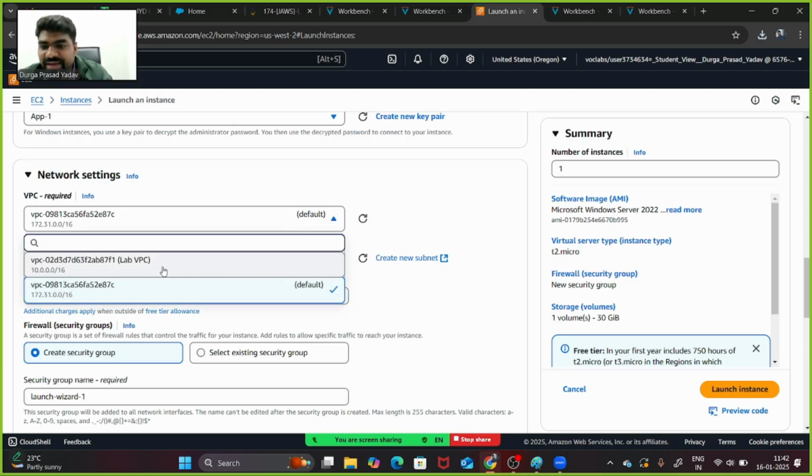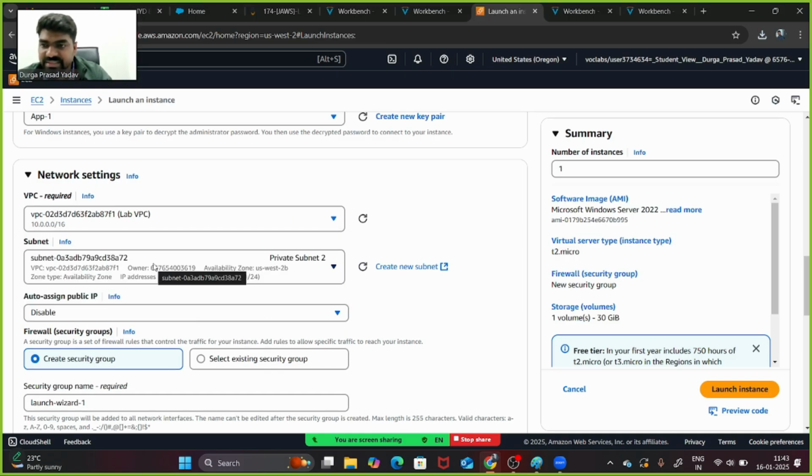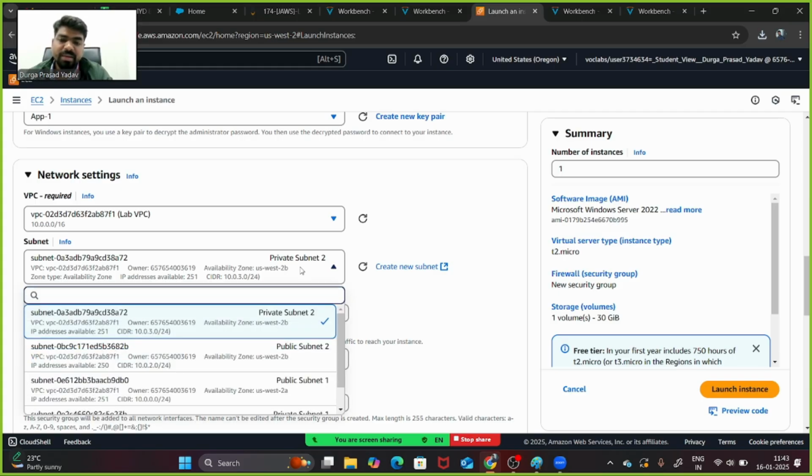There is a lab VPC, a separate network that is made for this lab. You have to use this lab VPC, right? Select the lab VPC and one subnet is automatically coming, private subnet 2. But our load balancer we should keep in a public subnet because we need public traffic.